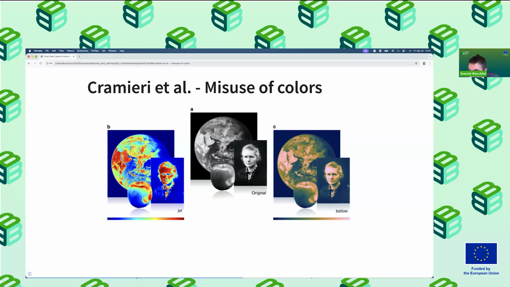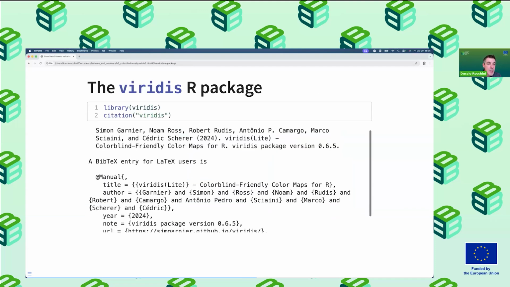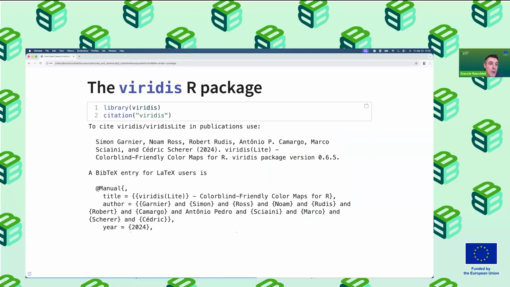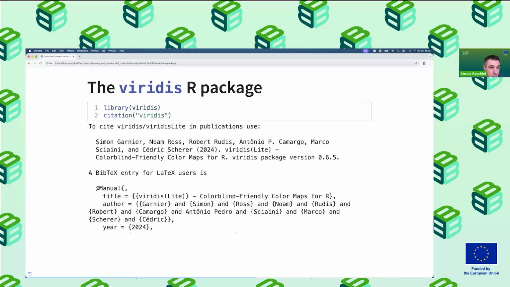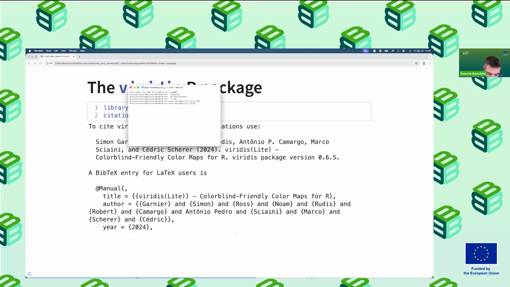This is an example that we are going to use. It is really similar to a palette called Cividis from a package called viridis in R. The viridis package is this one. You can install the library called viridis at any time, and this is the complete citation. We also made a paper together with Simon Gardner, Noam Ross, and Robert Rudis about the correct use of colors. I can show you rapidly,